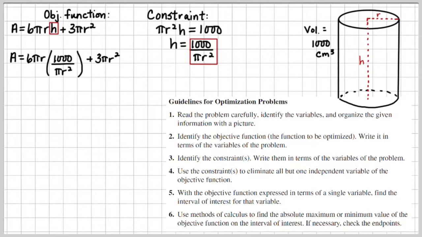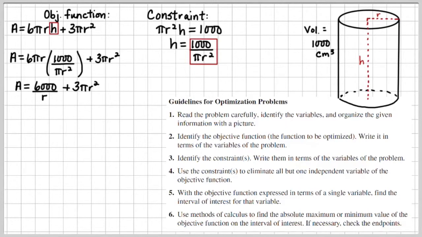Now we'll multiply the two terms, canceling the pi, which is a common factor, and we have a factor of r common to the numerator and denominator, and that will then give us A equals 6,000 over r plus 3 pi r squared. So now, as indicated in step 4, we have used our constraint to rewrite our objective function